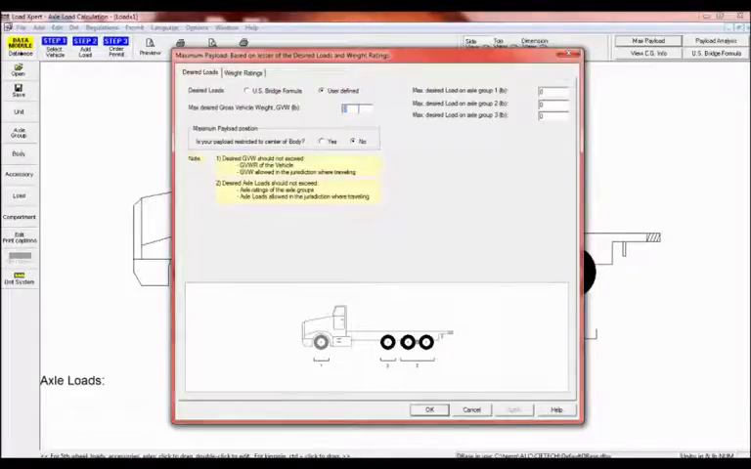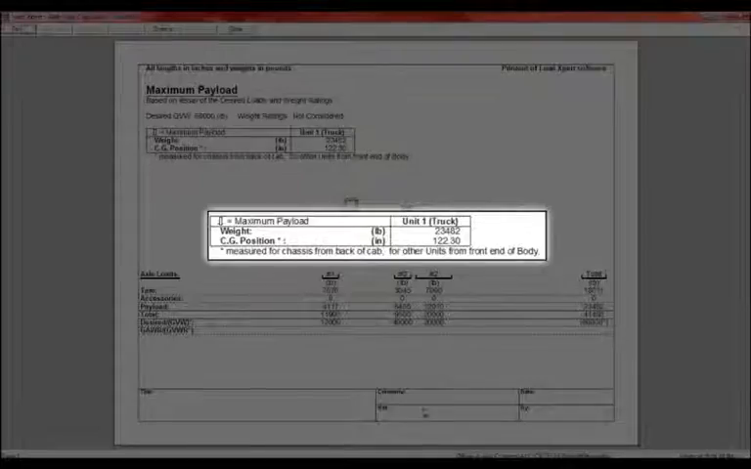You can configure the max payload by clicking the corresponding button on the right top corner. Enter the max gross vehicle weight, then the max desired load on each axle group of the vehicle. The software then calculates the maximum weight this vehicle can carry, as well as its position of the center of